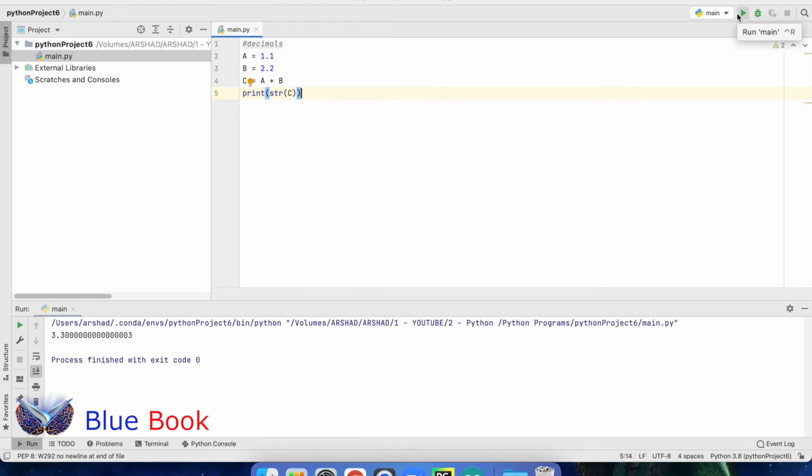We know that 1.1 plus 2.2 gives 3.3, but Python returns 3.3 with 0.0000000 around like 8, and at last it gives 3. Why is it? You might wonder. The reason is